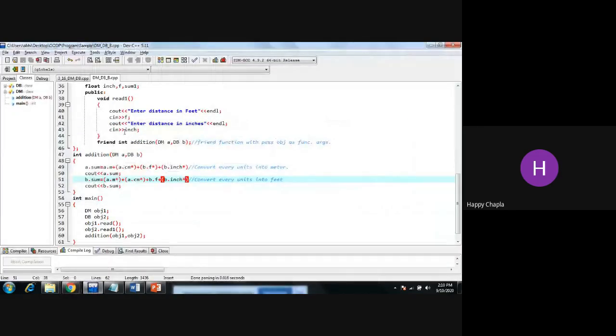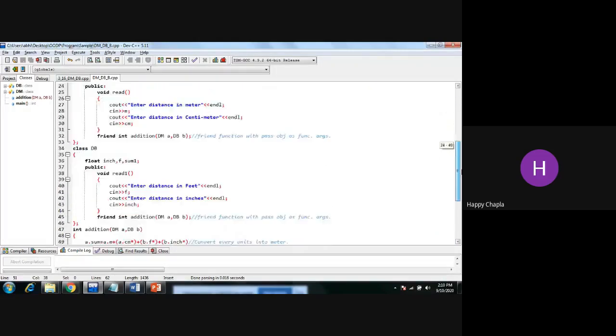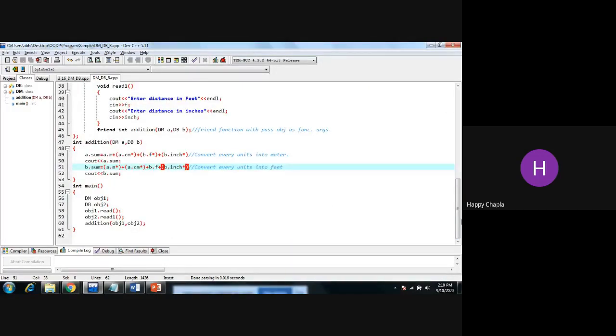Okay. So a dot centimeter, we have to multiply it with 0.01.